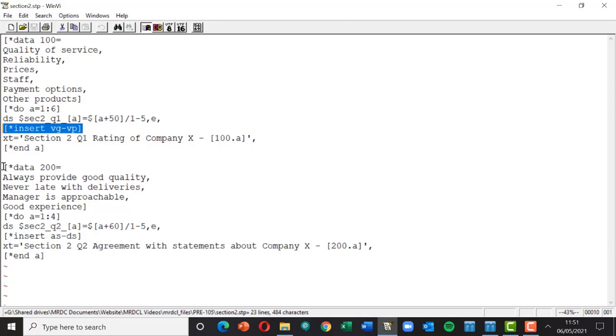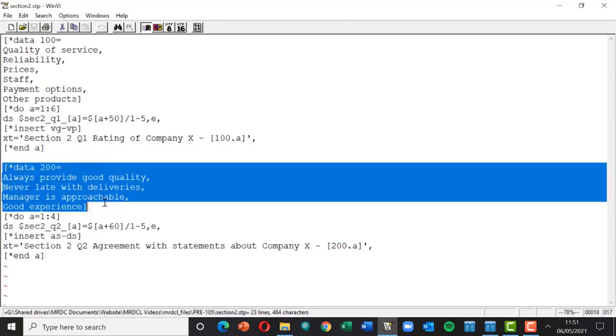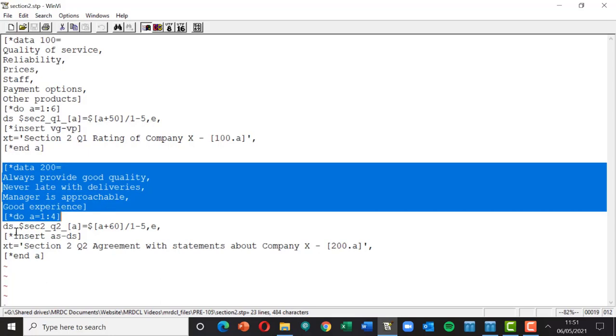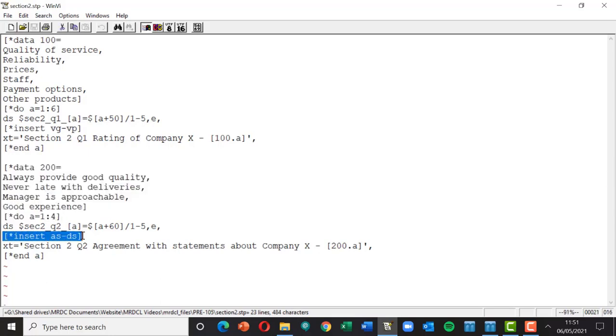And I've called that STP file VG-VP. Whereas when we come to the next rating scale, which uses data statement 200 with 4 statements, you can see here I've inserted ASDS, which is inserting some common script for agree strongly to disagree strongly. So rather than having to re-enter code that we might be using not just on this project, but perhaps on a whole multitude of projects and colleagues using on different projects, I've got some standard script in here that I